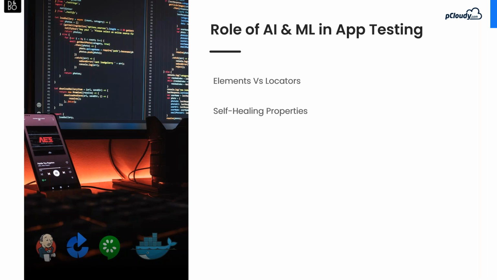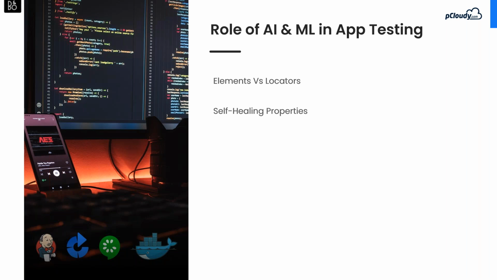Again, thanks to AI, some mobile testing tools now possess self-healing abilities. These tools, including pCloudy, can automatically identify a change made to an element locator, which can be an ID, or a screen flow that was added in between predefined test automation steps, and quickly fix them on the fly. They can also alert or suggest a quick fix to the developers. This way, the test runs more smoothly and requires very little intervention from developers or even testers. That's self-healing.